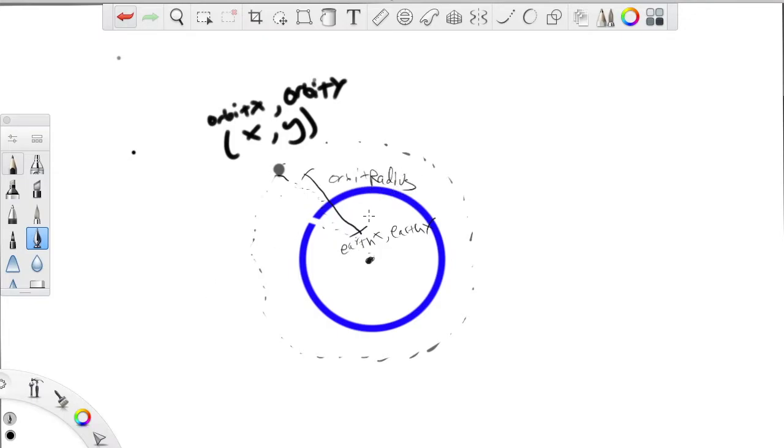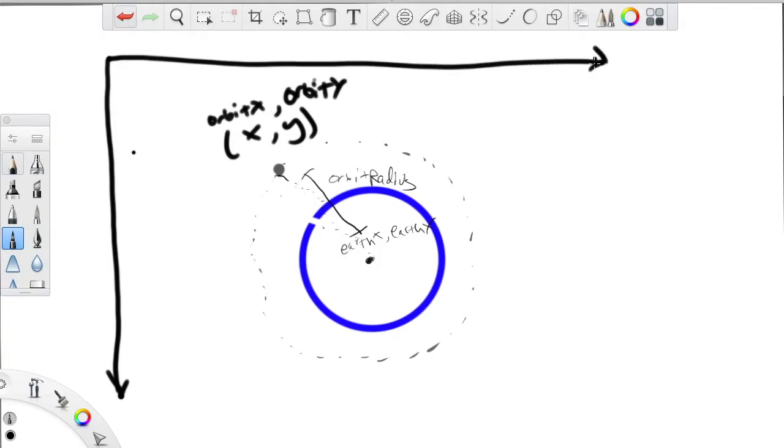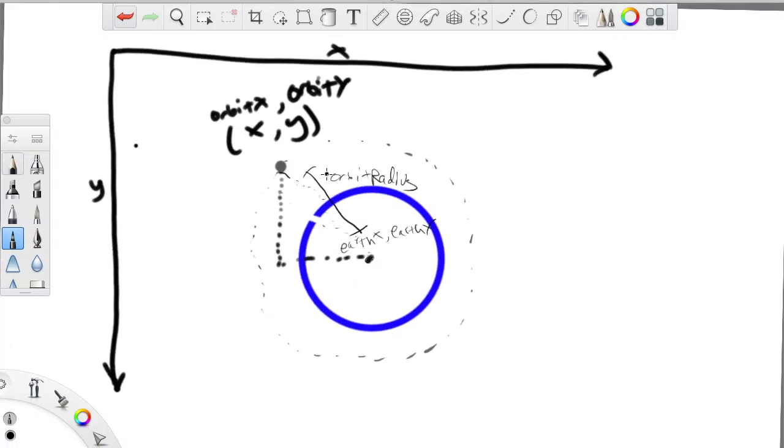Orbit radius right there. And so for orbit radius x, remember our x values and y values still go this way. We're still drawing on a coordinate plane, so x, y. Remember, our x values are right here. So this is orbit x, and then our y value, this is orbit y distance right here. So your orbit x and orbit y